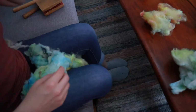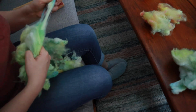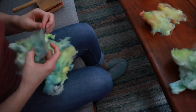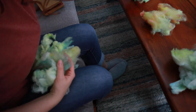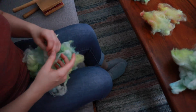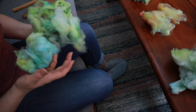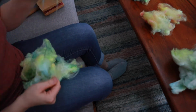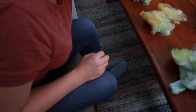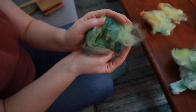You can also take this quite specifically if you want very dedicated groups of colors. So this pile is just blue, this pile is just pale green, this one is more yellow green, and so you can take a lot more time to pull out the locks that are dominant of those colors. However, I opted not to, just because I wanted there to be more subtle transitions rather than really big ones. So if you want more subtle transitions, you should have fewer piles with slightly more of the combination